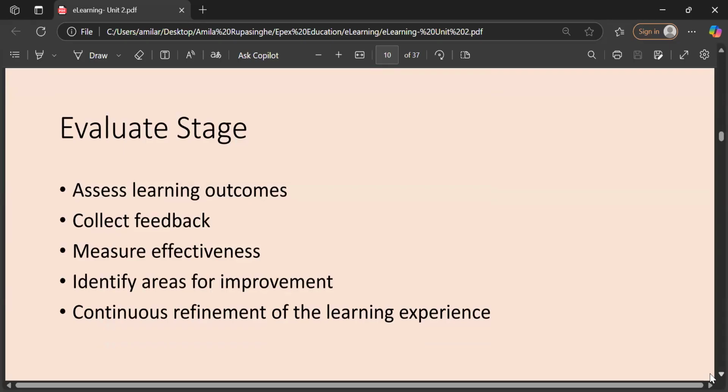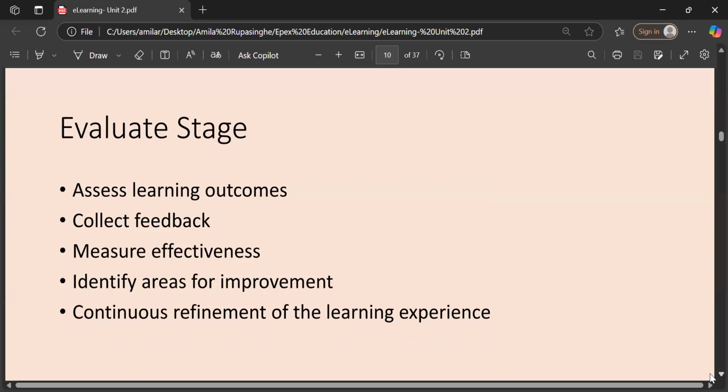Evaluate stage means, right? Now, after we make any kind of curriculum, I use both words, instructional design, right? We have learning outcomes there in our first and second stages, in the designing stage and developing stage. Learning outcomes were designed and developed, right?